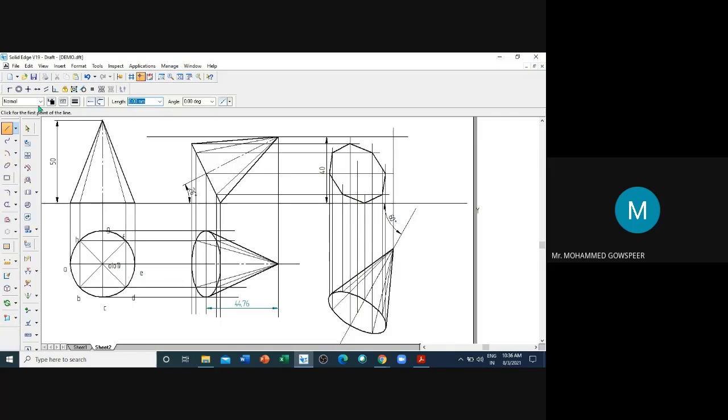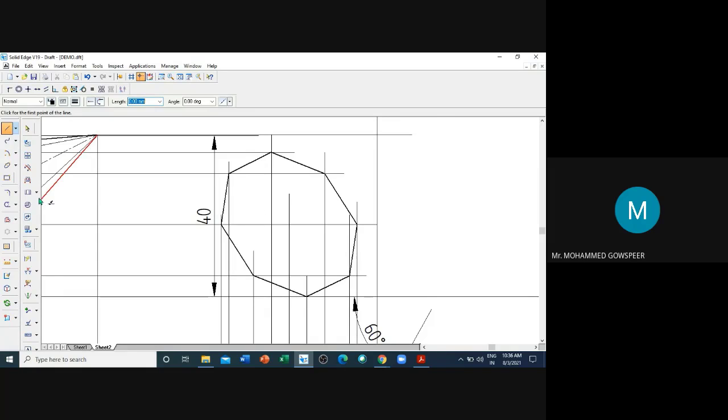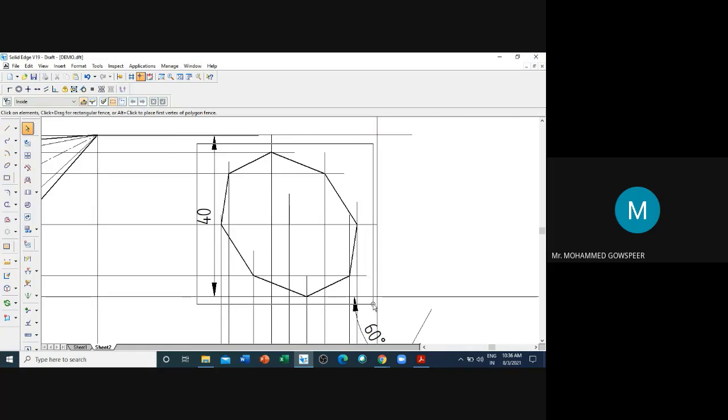Then use the line command. First I will make it a curve, then I will connect this. I will zoom this portion. Now select these lines, the visible line styles. Select tool. Select this visible line style, only the base.